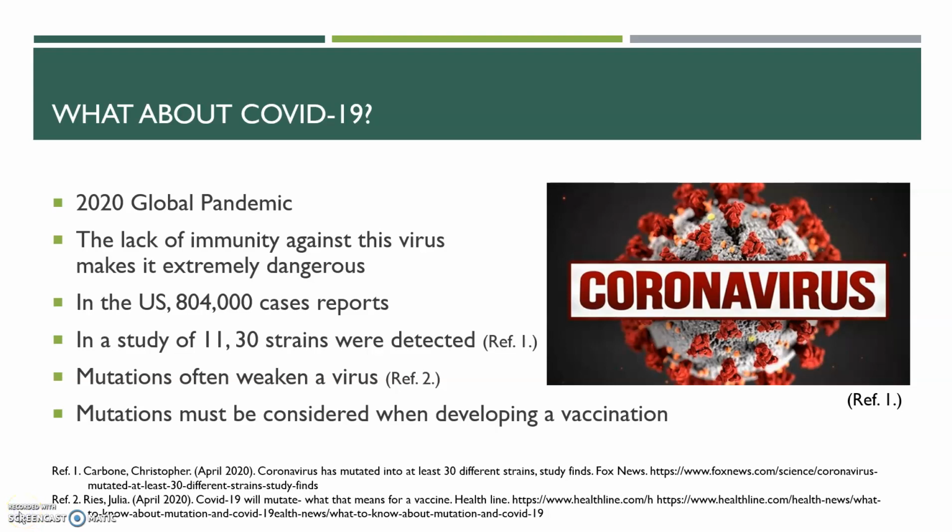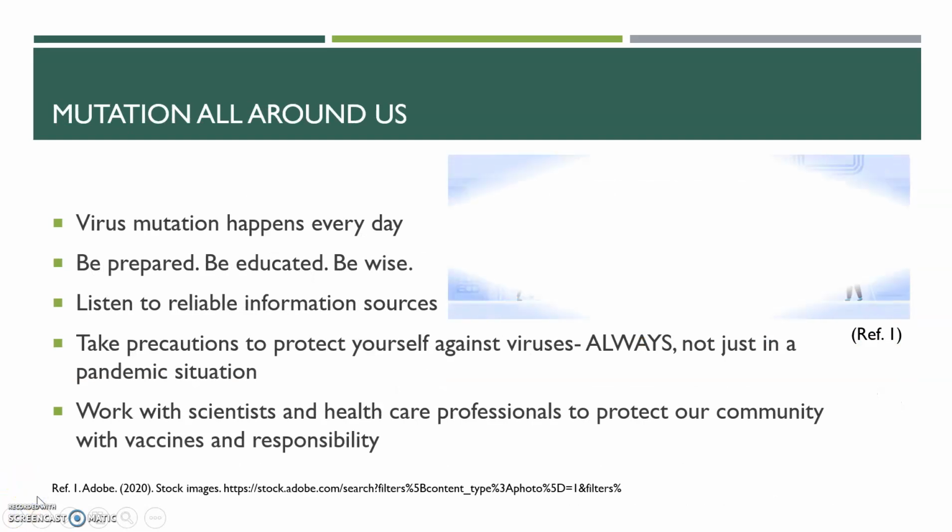Mutations don't always make a virus stronger, as we see that mutations often weaken a virus, making it more susceptible to environmental factors. Virus mutation must be considered whenever developing a vaccination. If a new strain of a virus pops up after a vaccination has been submitted, then that virus may not be prevented by that vaccination, and it would all have been for loss. Scientists need to look at these new mutations, but especially the original mutations of viruses, in order to make a successful vaccination.